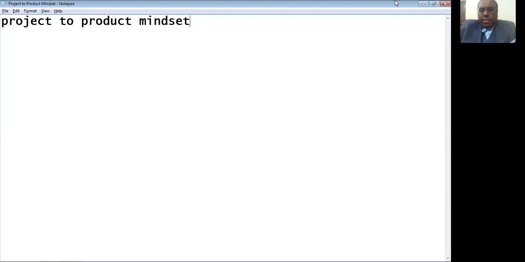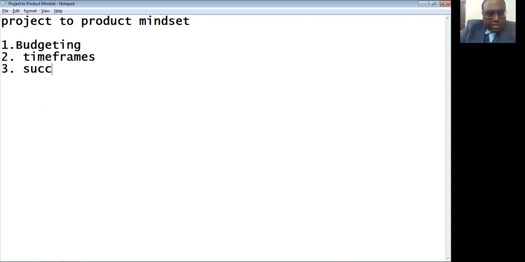Instead of jumping into the solutions directly, it is always better to define the parameters. So what do I mean by the parameters? Possibly the budgeting mechanism. The second could be the time frames associated with it. Third could be the success criteria or the definition of success.